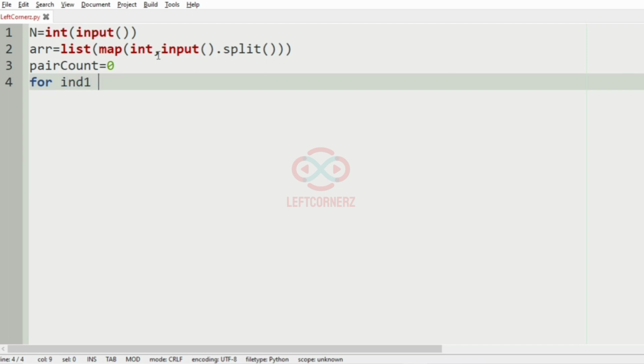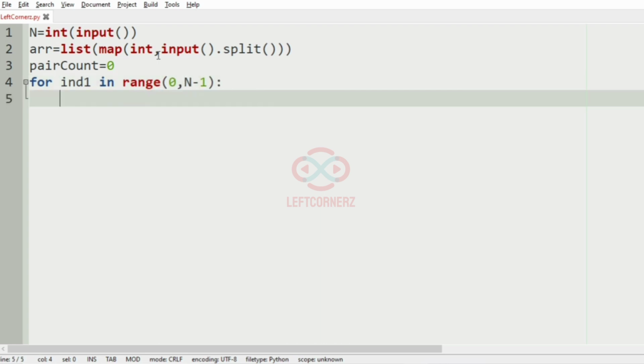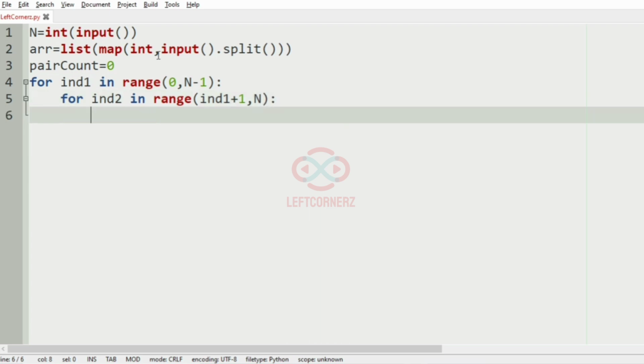So for that, for index 1 in range 0 comma n minus 1, and for index 2 in range index 1 plus 1 comma n, and